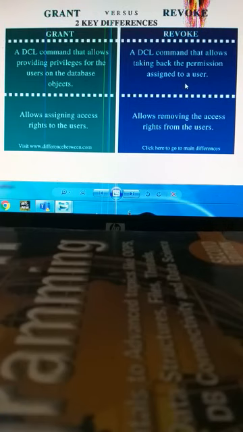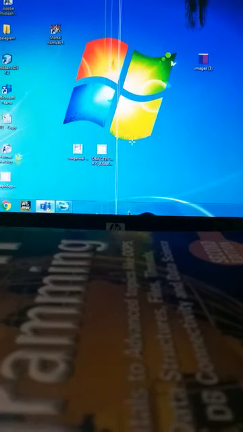For that we use the revoke command. So keep in mind we have two commands, grant and revoke, in order to give permission or take back permission from a specified user.